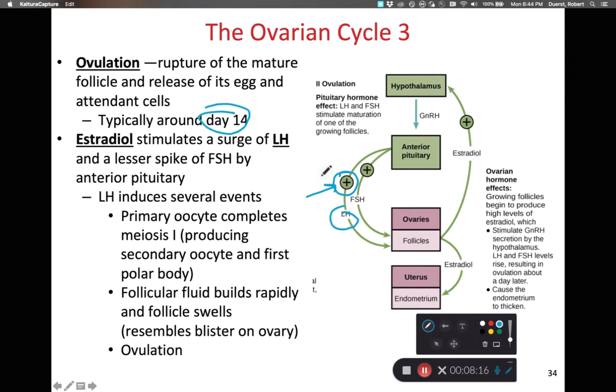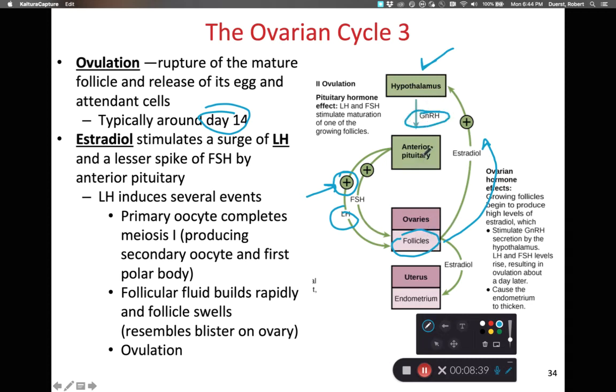And as the follicle's been exposed to low levels of follicle stimulating hormone, that low level of follicle stimulating hormone causes the follicle to get bigger. And eventually the follicle becomes so big, it now is secreting a high concentration of estrogen. And a high concentration of estrogen has an excitatory effect on the hypothalamus, causing it to release increasing concentrations of